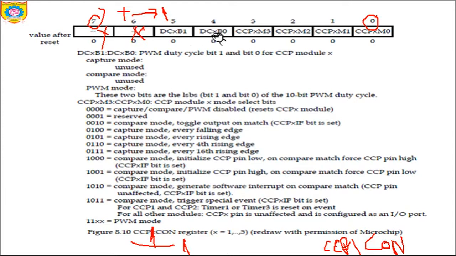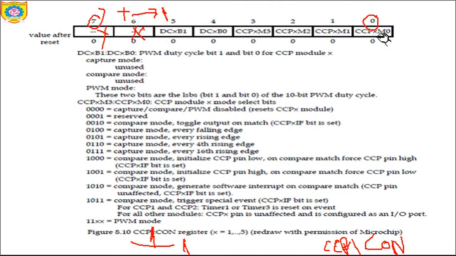Again, the same thing applies to bit number 4. It is DC1B0. It will set the duty cycle bit 0, and can only be used for the PWM mode. Then you have the next bits, CCP1M3, CCP1M2, CCP1M1 and CCP1M0. These are the mode select bits. These are very important.